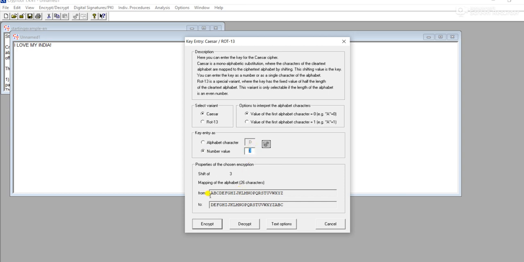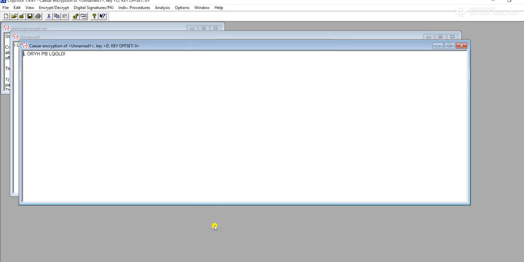Here you can see the mapping of all 26 alphabets. For A in the plain text, it will get converted into D in the ciphertext. For B in the plain text, it will get converted to E in the ciphertext. So we have applied a key value of 3 here, just like what we saw in our example, and I'll click on encrypt.